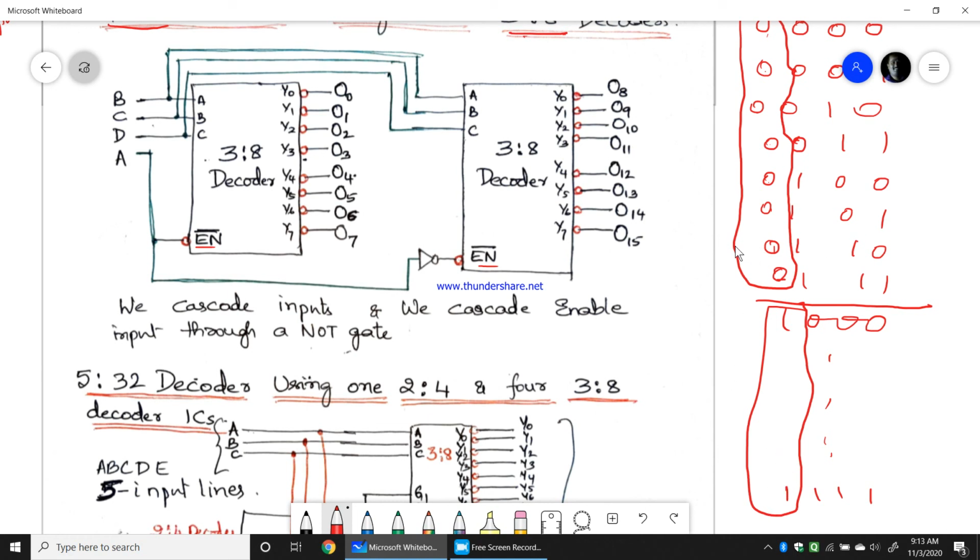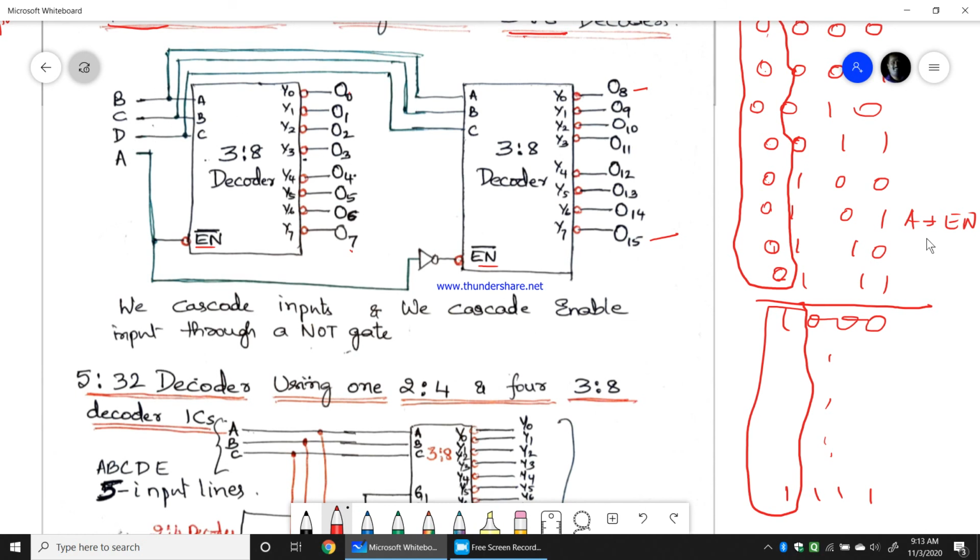So if I use A as the enable pin, giving 0 directly will enable this decoder, and that 0 becomes 1 when it comes here, so it disables the other one. So O0 to O7 will be selected based on this decoder getting activated, because 0 is given directly from A. Now you make A as 1. Once you make A as 1, this 3:8 decoder gets disabled, whereas that 1 through the NOT gate becomes 0, therefore this will be enabled. Then it reads from O8 to O15 based on these 3 input lines.